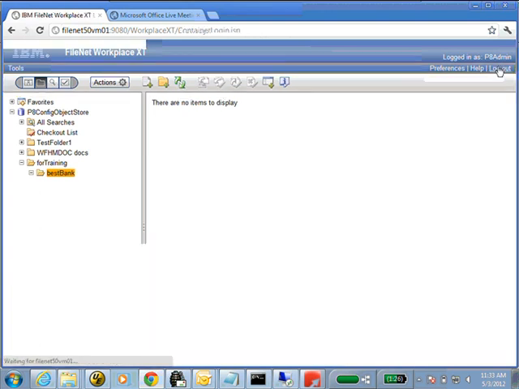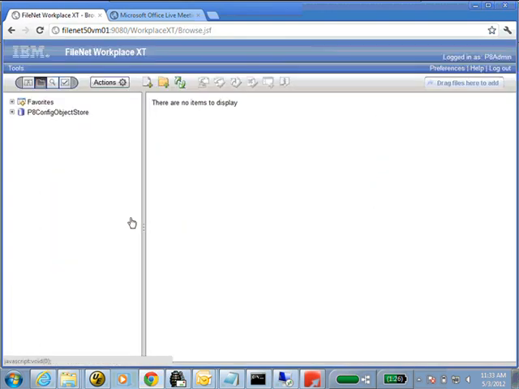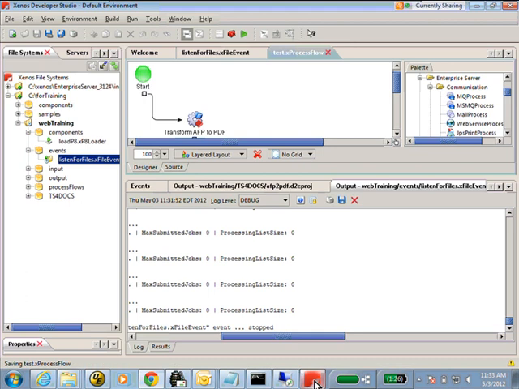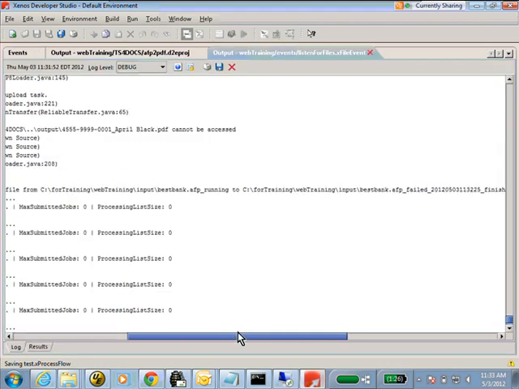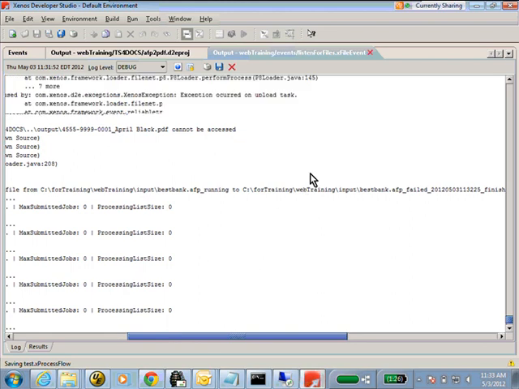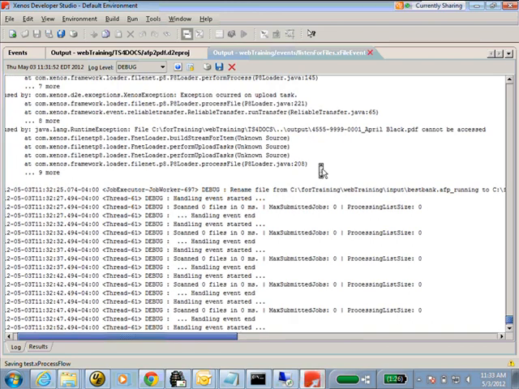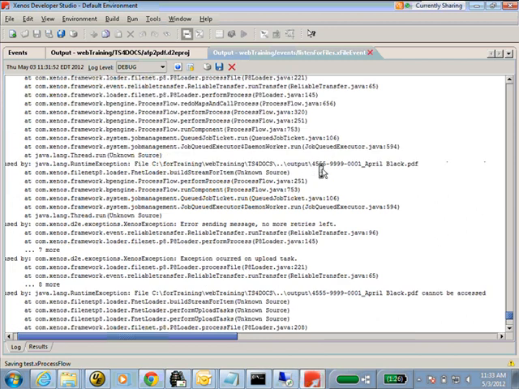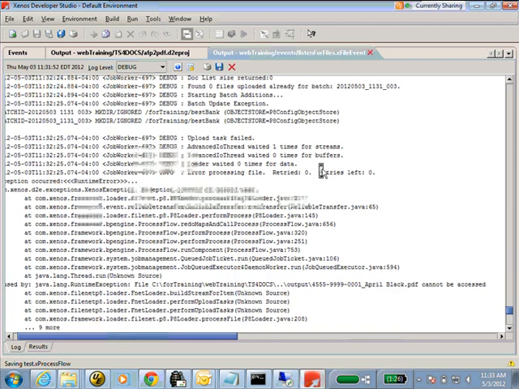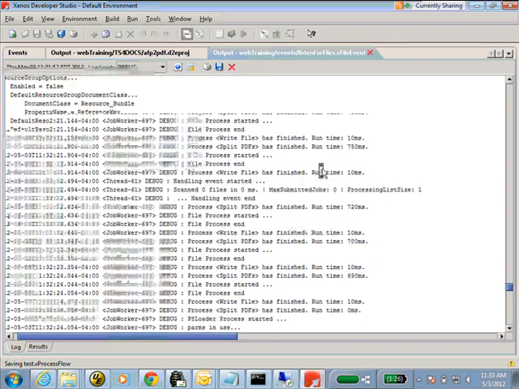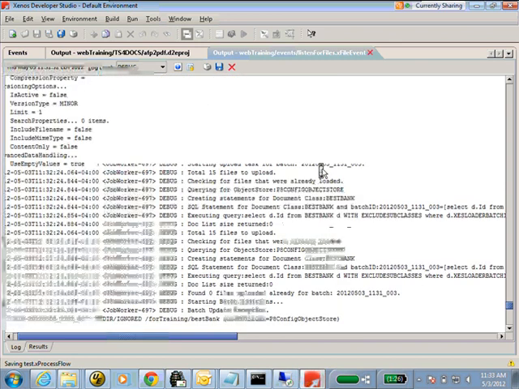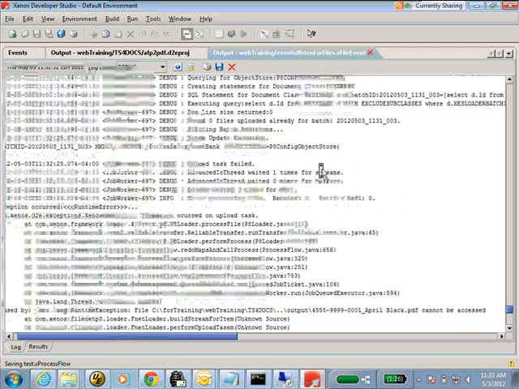But it looks like I did mess up somewhere, which is always something that can occur when you make things happen on the fly, so to speak. But luckily we have logs and we can go in and actually see what's going on. File cannot be accessed. That's always good. We wrote up the files. So the loader is complaining because it can't actually access files that were created.